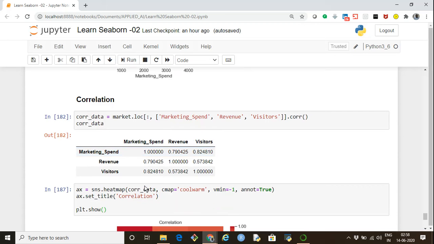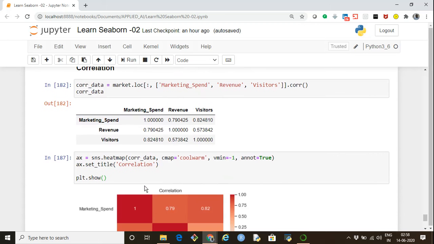Next is the correlation. Correlation basically tells how the variables are related to each other. If I generate a correlation using the .corr function, I'm just selecting the columns and doing the correlation. If you see in the output, marketing spend is related to the revenue with 0.79. Yes, it is highly correlated. Similarly, as the marketing spend increases, the number of visitors also increases to the site, so it is 0.82 with high correlation.